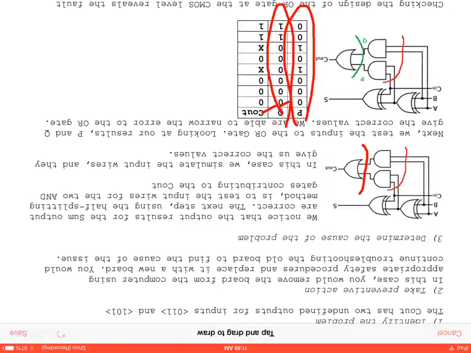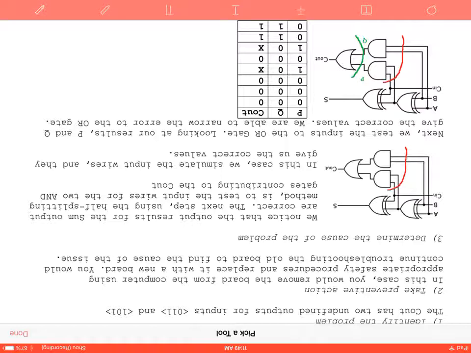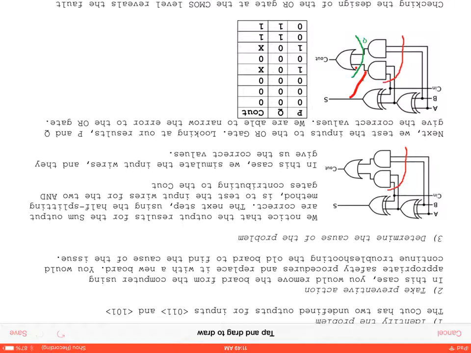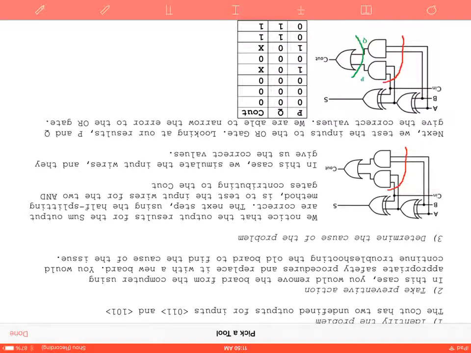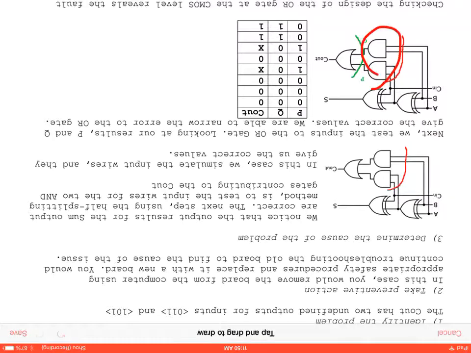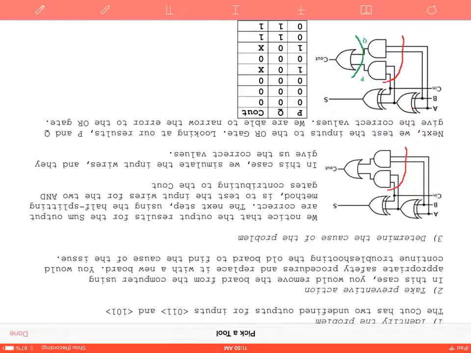But we go through there and we see that P and Q are both fine. These are the values for P and Q that we're expecting. Here we have A XOR B and C in for P, and that's what we get. And for Q, we're expecting A and B, which is what we got. So we know that these 2 AND gates are not our problem. So we've eliminated the XOR gates. We've eliminated the AND gates. So now we have narrowed it down